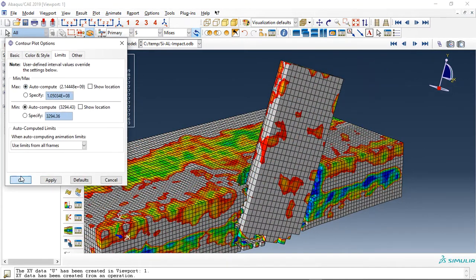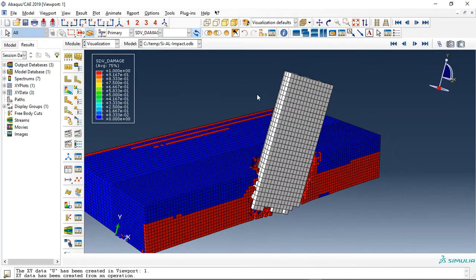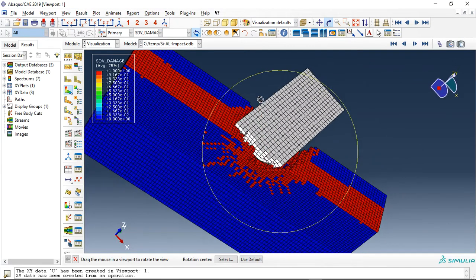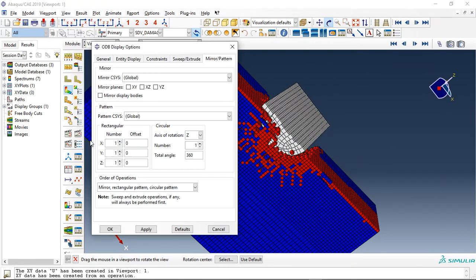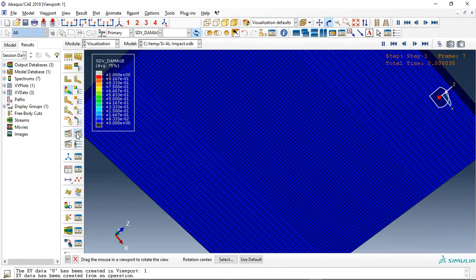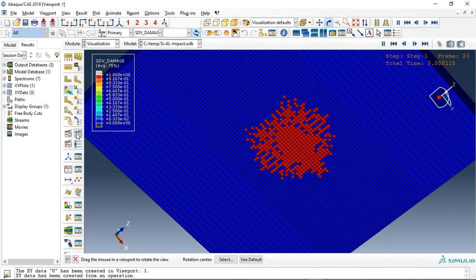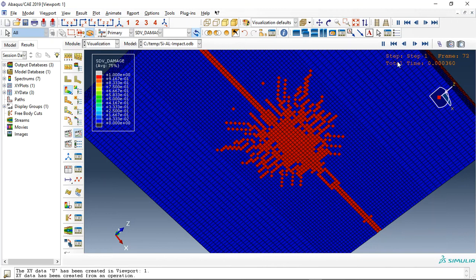Okay, let me remove the limit and request, for instance, the damage variable. See the damage variable for the ceramic. We can check it again in the whole view. Click on animate. See the damage propagation. This is a brittle material, the ceramic, and you can see this damage. Okay,